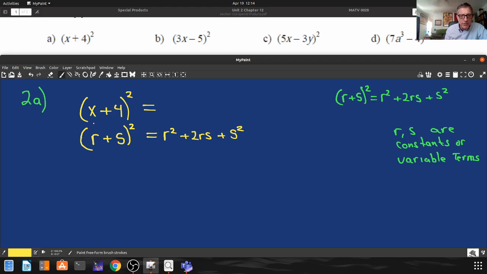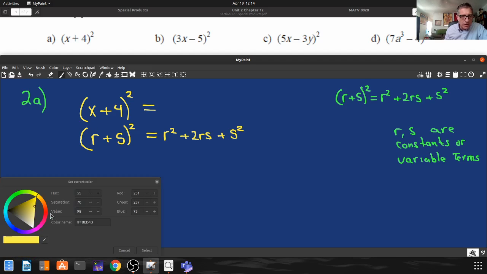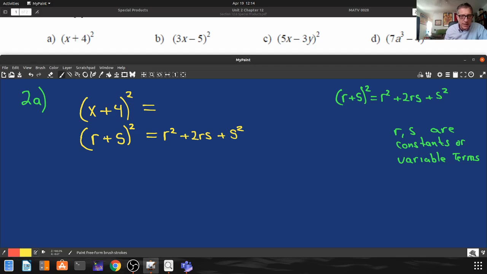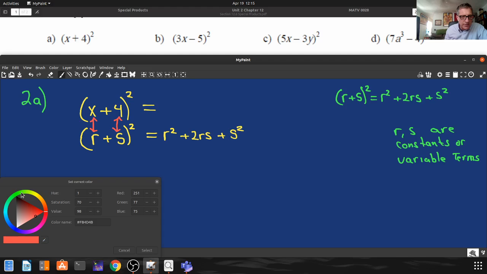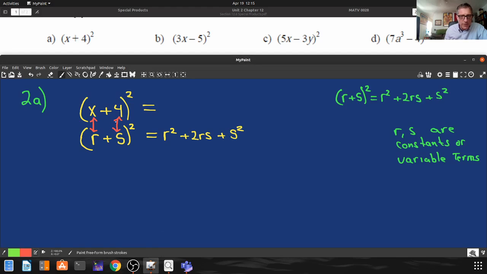So all I have to do is identify what my r is and what my s is. Well, my r is x, and my s is 4. So with that in mind, by the formula,